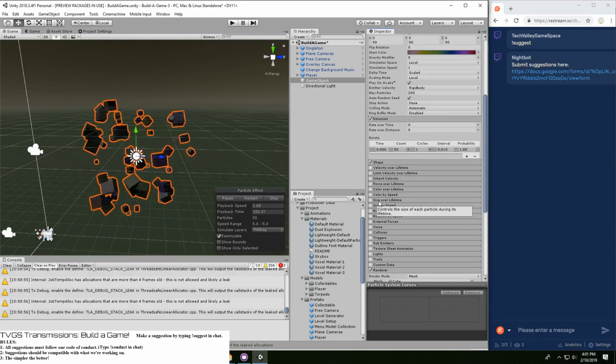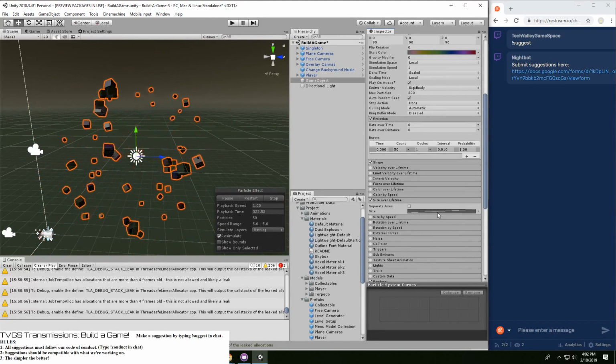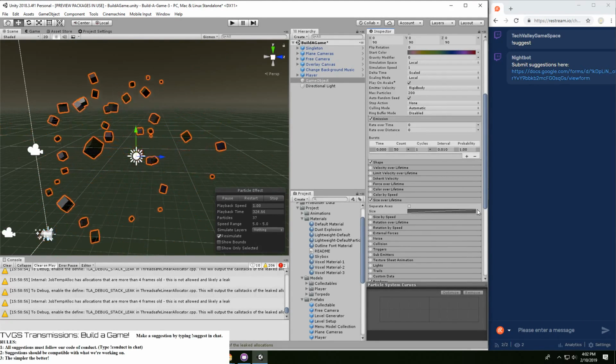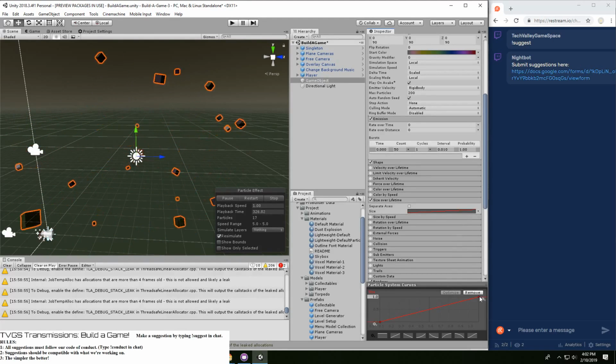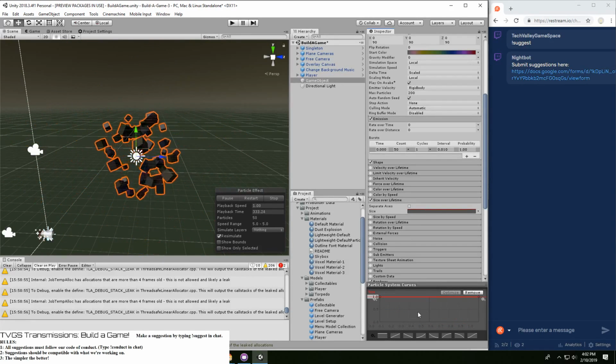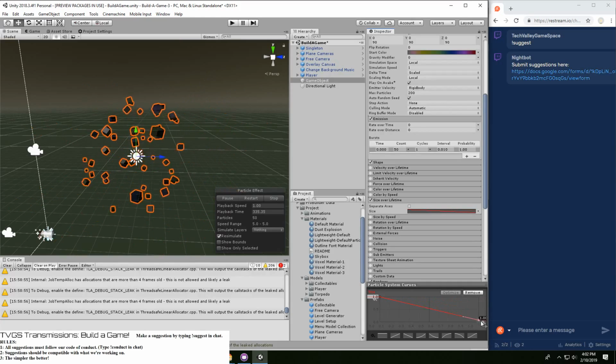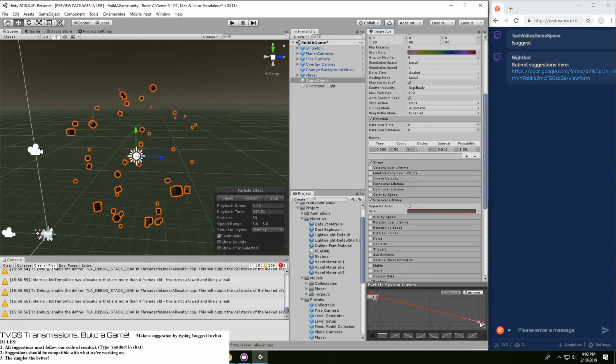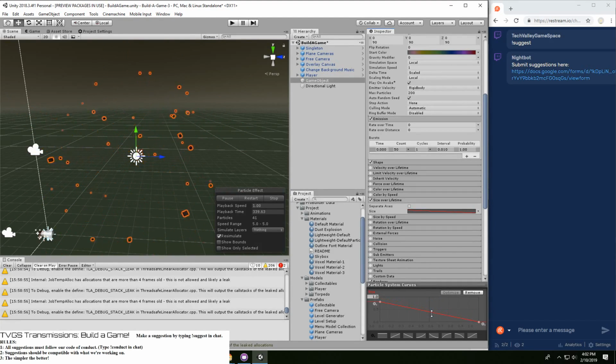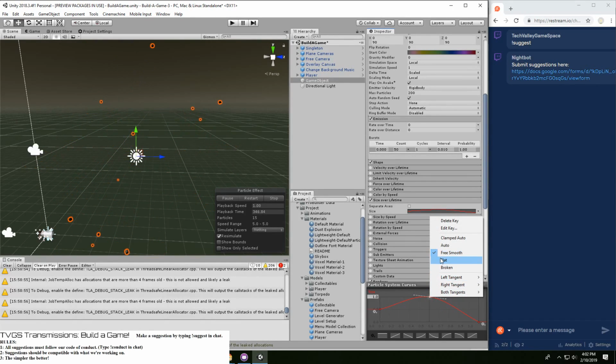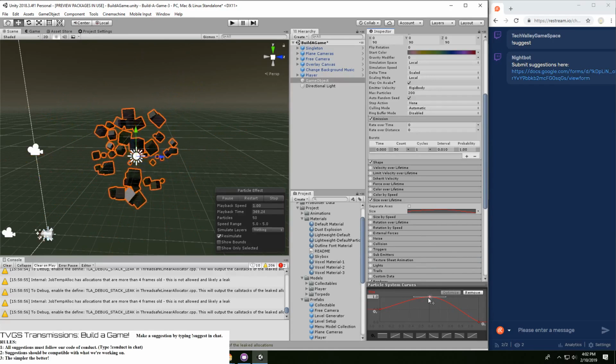Then how about size over lifetime? So right now it's growing over time, which is fine, but I kind of don't like that. I kind of want it so that, oops. Let's start off with all consistent. Let's have it kind of drop off over time. There we go. But I actually want the initial value to be like 0.5-ish, and then have the size be maximum.